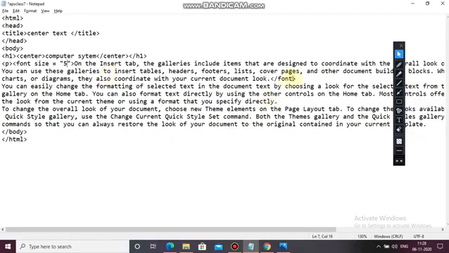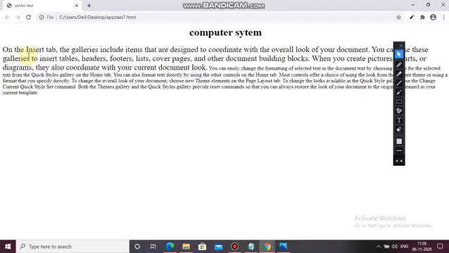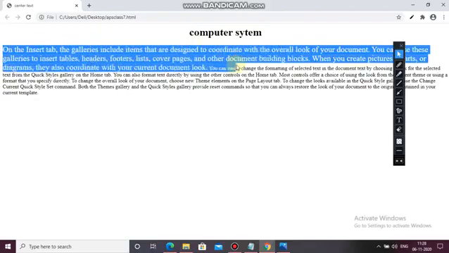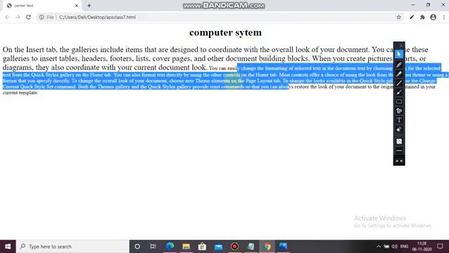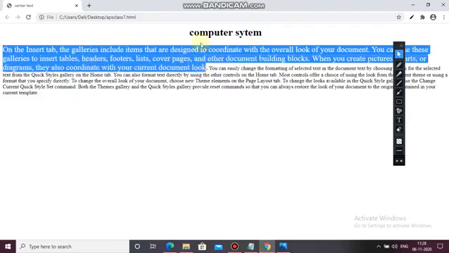Okay, here the font is already closed, so save it. Now let's see, the size is changed now. That means for changing the size of the text we have to use a font tag with the size attribute. This is the normal font and this is the changed font. I hope it is clear to you all.